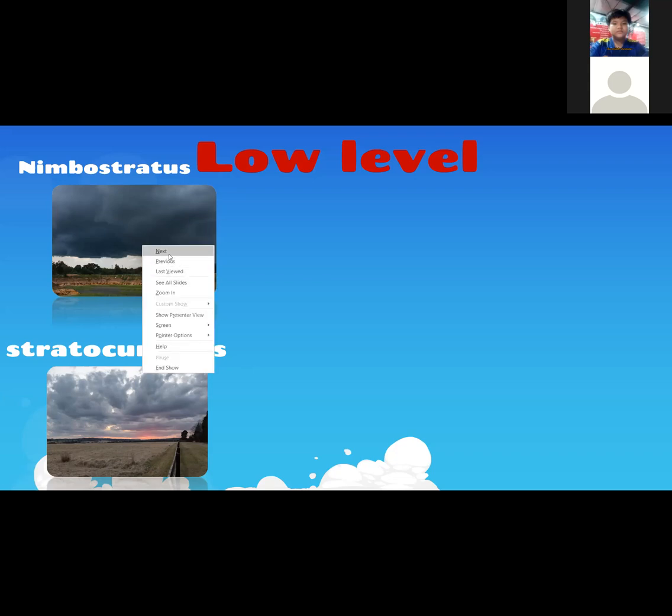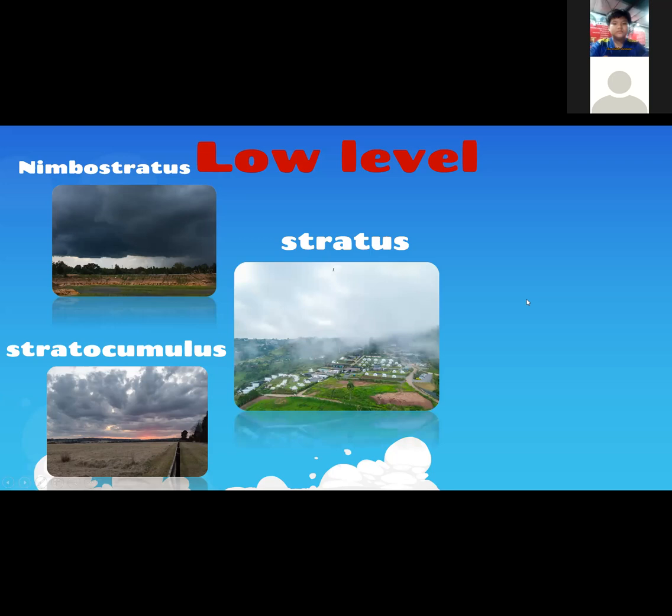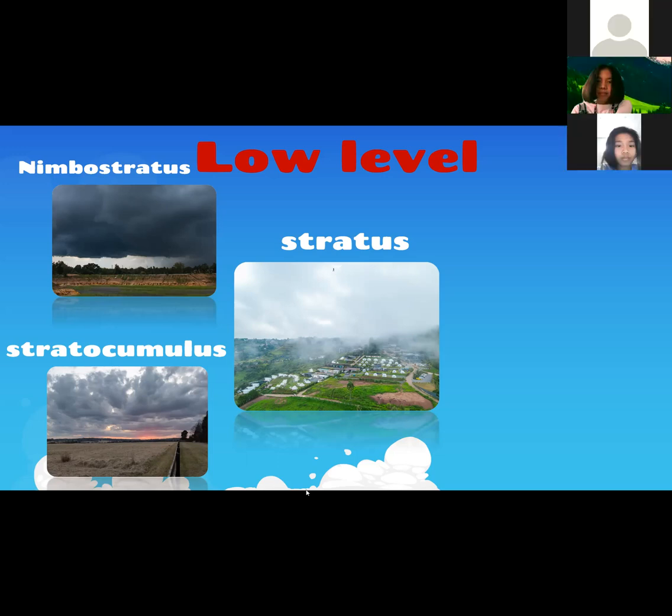Okay, so aside from that, we have the stratus. What is stratus? These are blankets of clouds. What is blanket in Thai? Anyone?